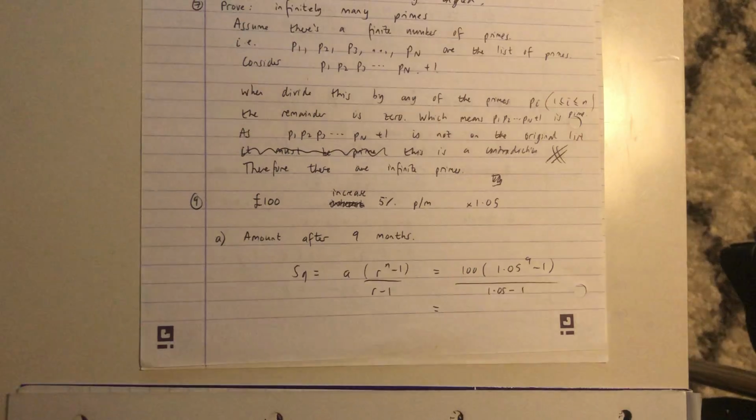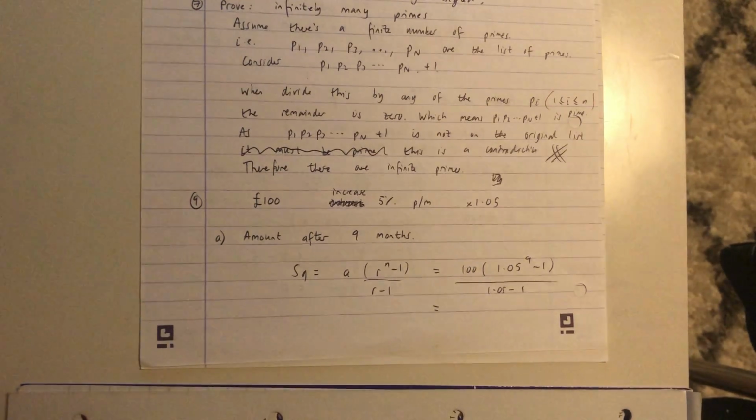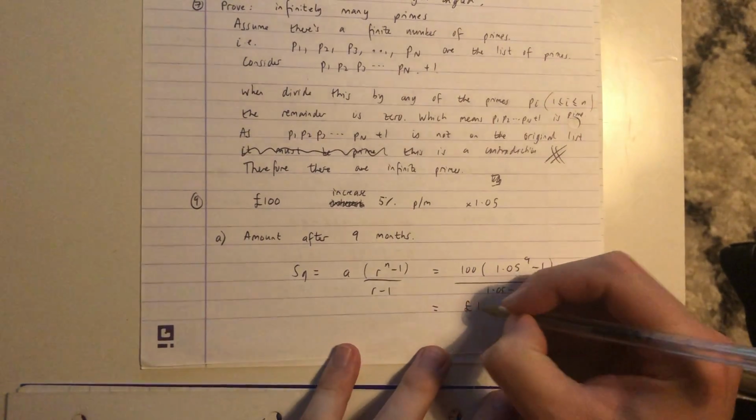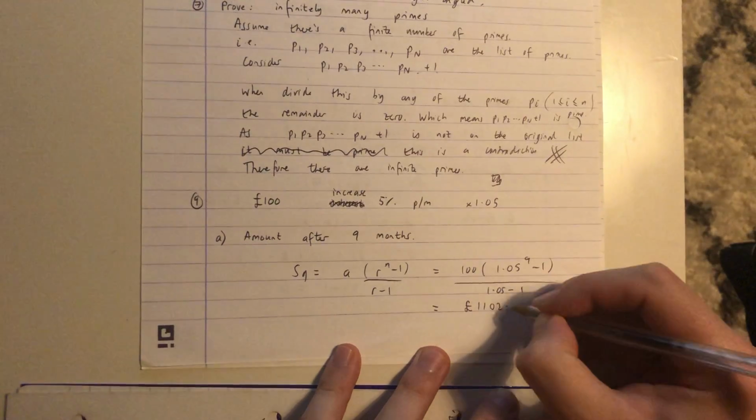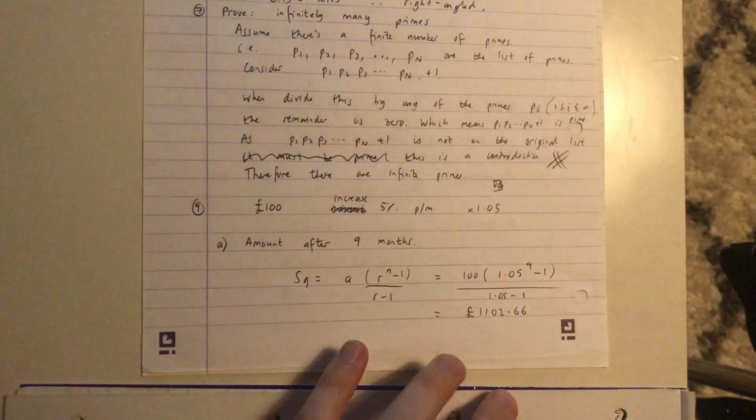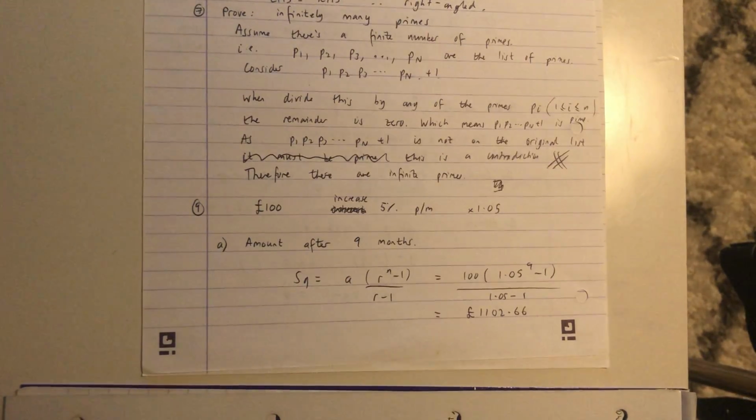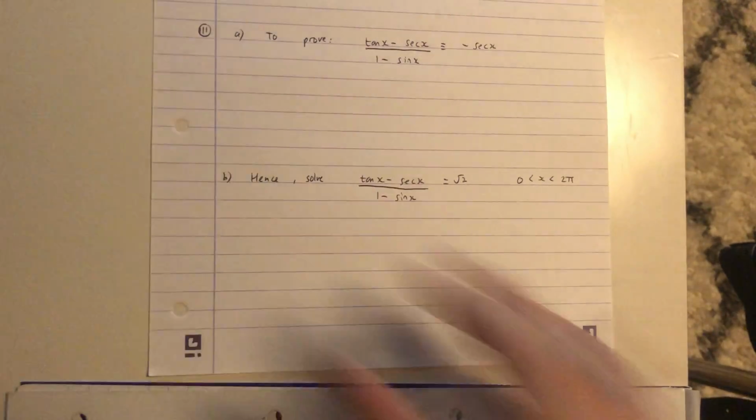Not ideal if you do it that way. And if you type that into your calculator, you get £1,102.66. So that's an easy part A. Part B